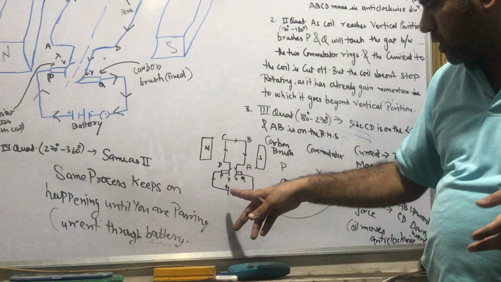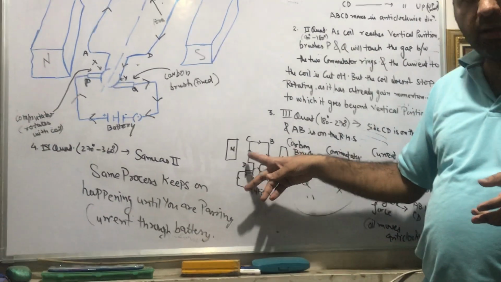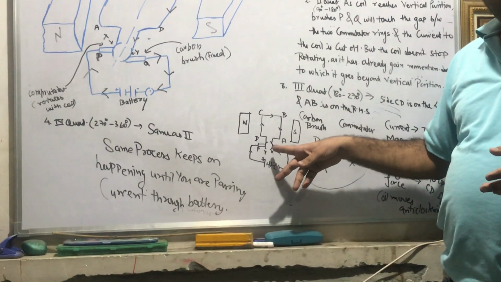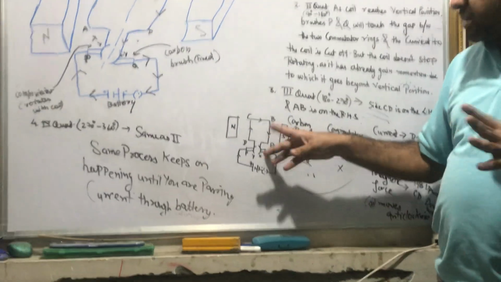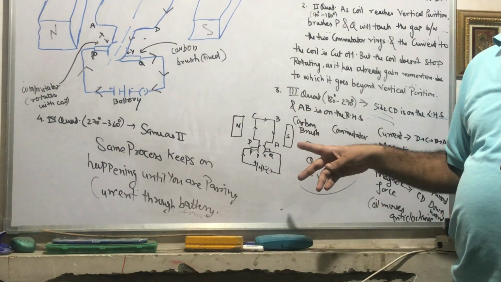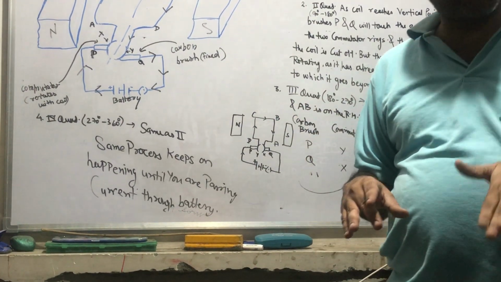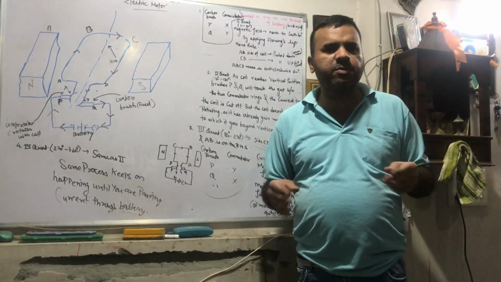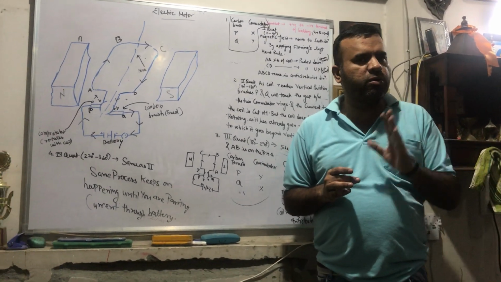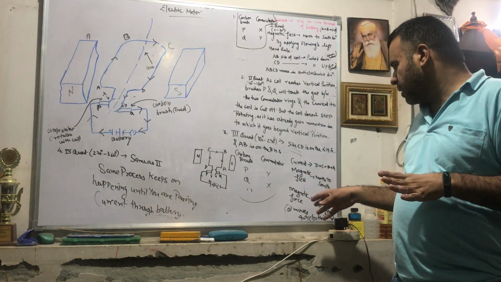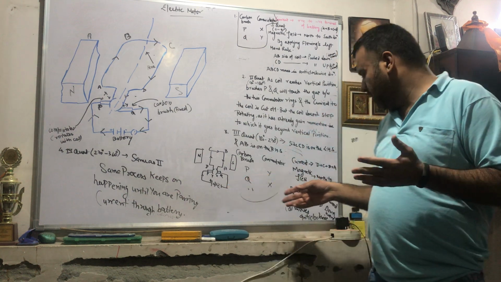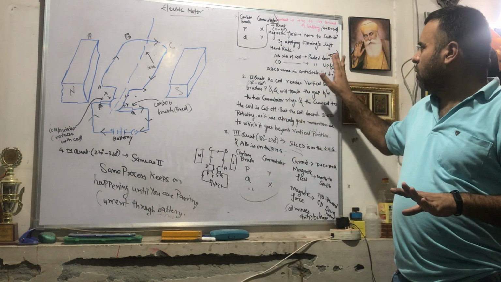Now again, you know what will happen. Current is moving from positive, then to P, then to D, then C, then B, then A, then further to commutator X, then to carbon brush Q. Or simply, if you want to learn, DCBA is the direction of the current from positive to negative terminal. Second point, the magnetic field you need not memorize because it is always from north to south pole. And third, you apply Fleming's left hand rule again, what will you get? No need to learn anything, only learn the first point.